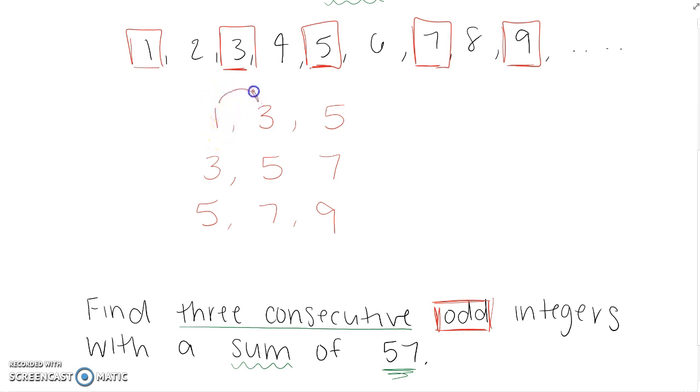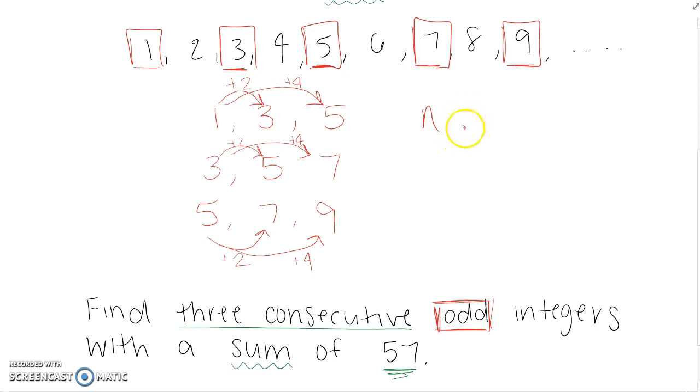So how do I go from 1 to 3? We add 2. How do I go from 1 to 5? We add 4. How do I go from 3 to 5? We add 2. 3 to 7, we add 4. Similarly, how do we go from 5 to 7? Add 2. How do we go from 5 to 9? We add 4. So looking at this pattern, we can confirm, okay, if I have n as my first odd